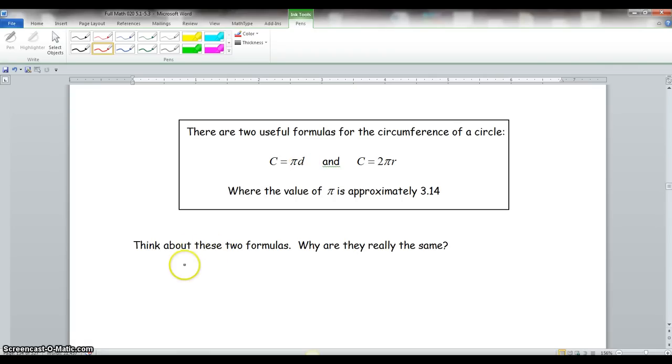And I'll give you, for instance, if the diameter, well, let's say the radius is 8, and the diameter will have to be 16. Now, if we wanted to find out the diameter from the radius, all we would have to do is multiply the radius times 2. Isn't 2 times the radius here? Wouldn't that be 16? Which is the same as the diameter. Okay, so